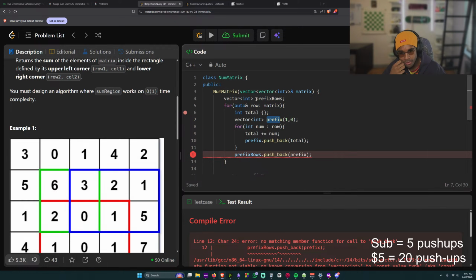It's a vector. All right, let me think. Oh, prefix row is actually gonna have vectors, it's a vector of.